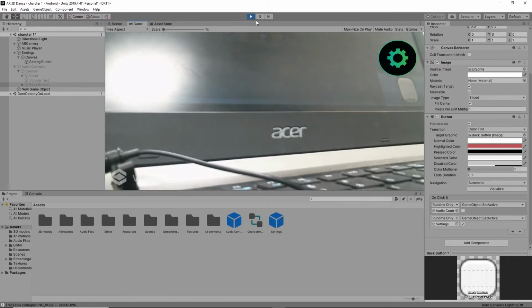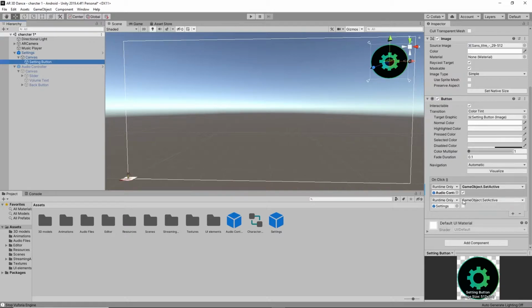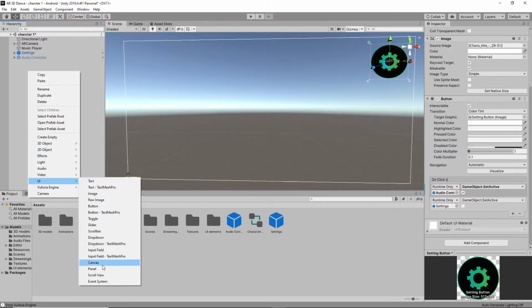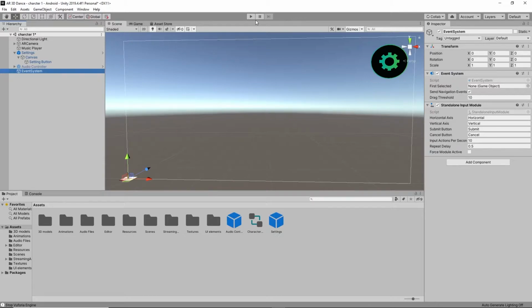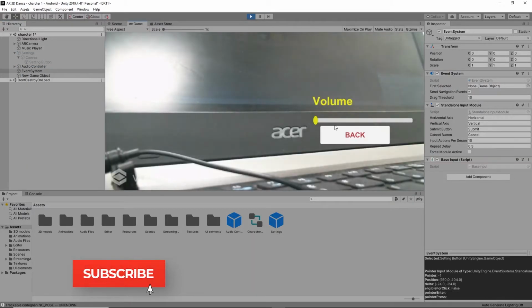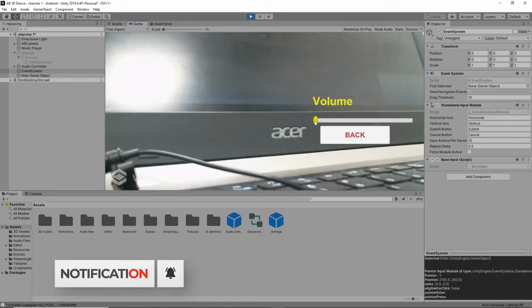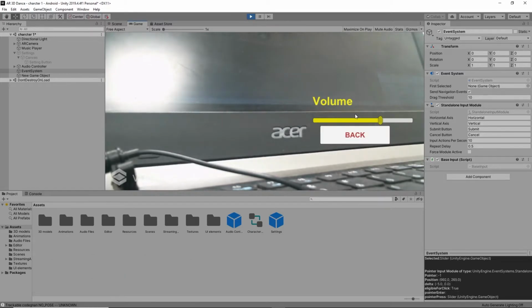Yeah, there's a bit of a problem, I think. Let's see what happened there. If I click settings, it will be disabled when the audio controller is enabled. Yeah, see here, the event system is missing here. That's why the button functionality is not working. So select the event system like this and you can play, the button functionality will work. Yeah, it is working.